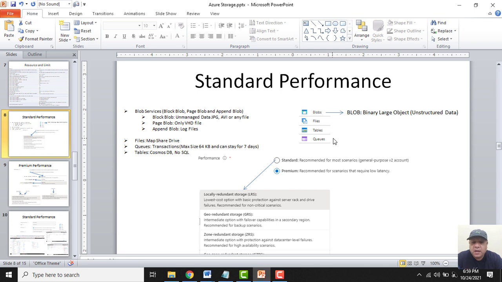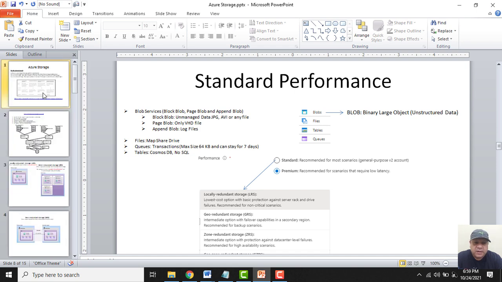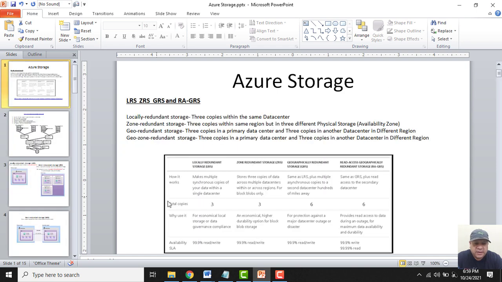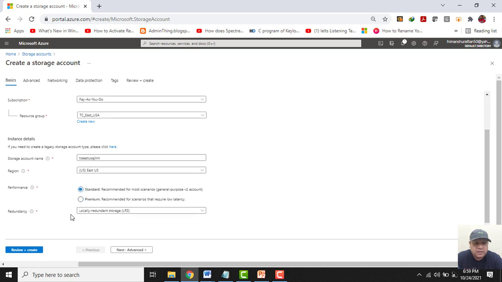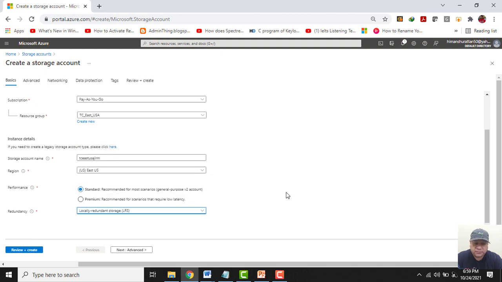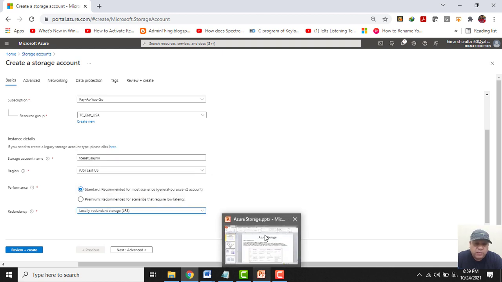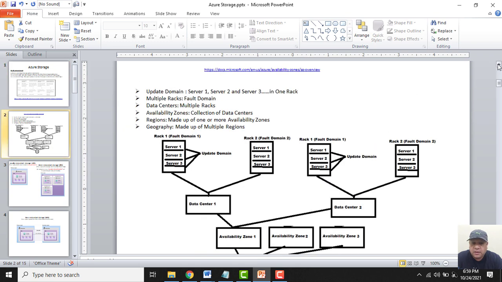We will come to these options later on, but first we need to understand this thing. If I select the standard option, then in the redundancy tab I see 4 things: LRS, GRS, ZRS, GZRS. So what are these things? Let's try to understand it. Let me open my presentation here.